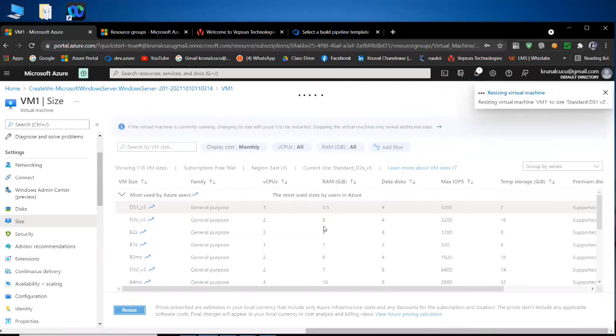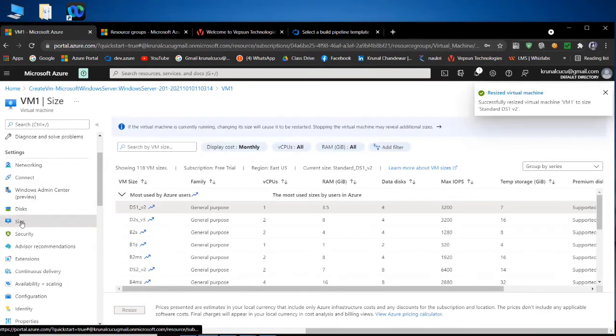Now my virtual machine is created, but whatever plan I selected, I can resize that plan afterwards. Mostly people go for a big plan, but I went for a small plan. It's okay. Now that process is going on. So this is for changing the size of your plan.